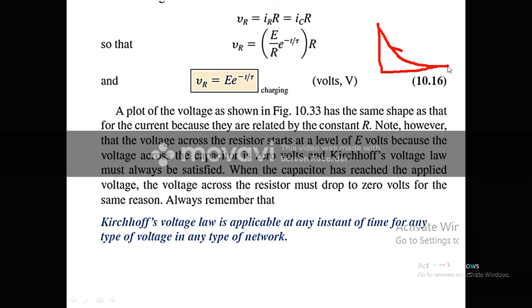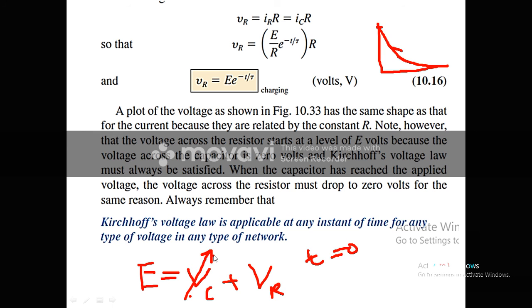Sorry, at the start at t equal to 0, we have VR equal to E, because according to the KVL, E is equal to the voltage drop across the resistor and the voltage drop across the capacitor. As we can see, at t equal to 0, as this switch is just closed, Vc is equal to 0, because at that time no voltage has developed across the capacitor, since no charge has flowed through it. So we have Vc equal to 0. Now VR is equal to E,